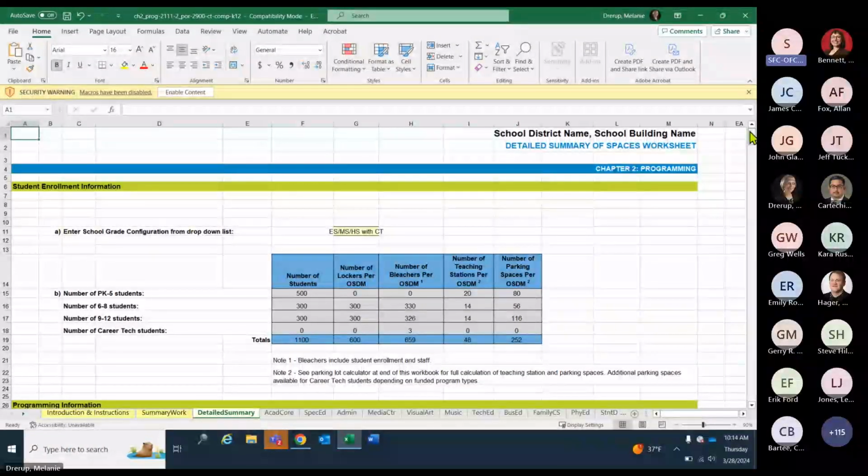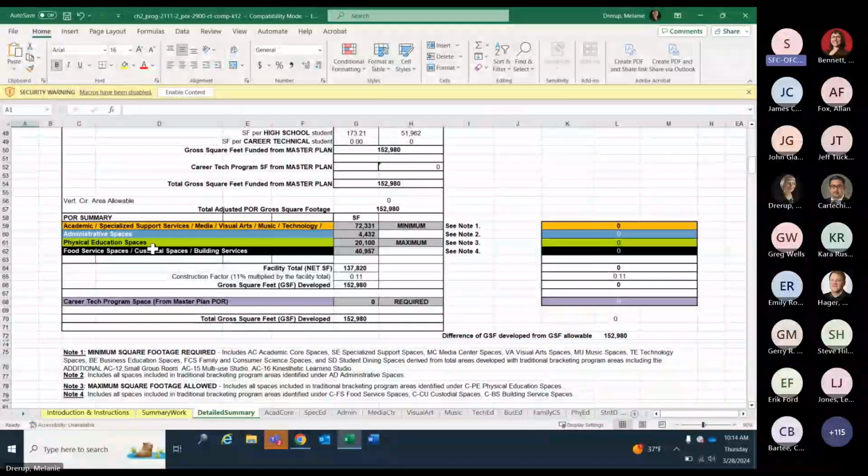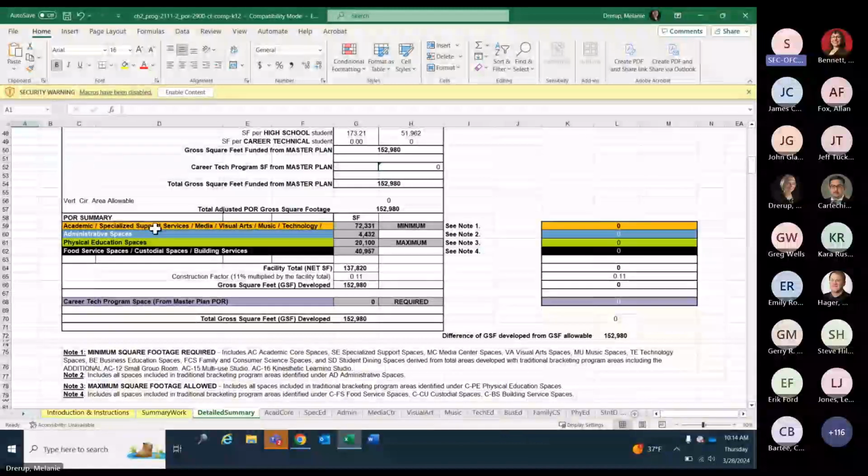The tab also provides information on how much space should be considered for the academic area, administrative spaces, physical education, and then the food service, custodial, and building service area.